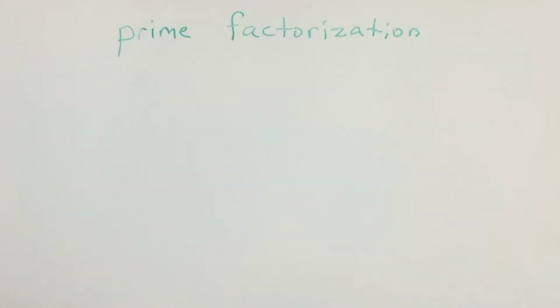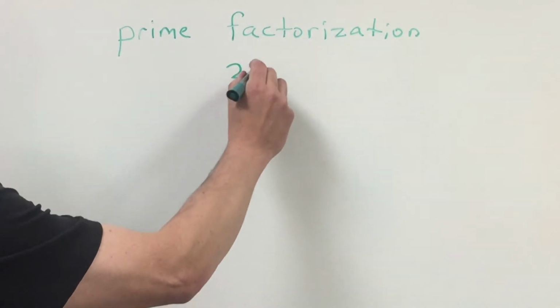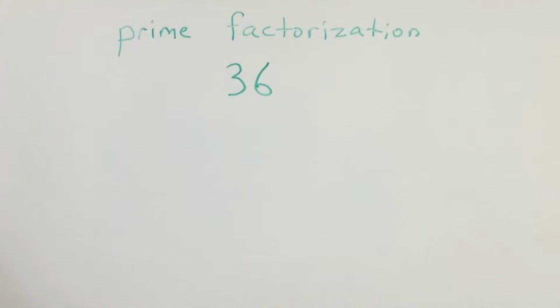Let's go over prime factorization. In order to understand prime factorization, we have to know something about factorization. So let's consider the number 36. A factorization of 36 is any multiplication expression that evaluates to 36. For example,